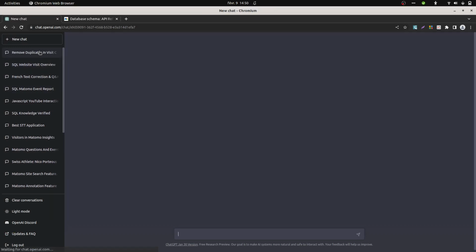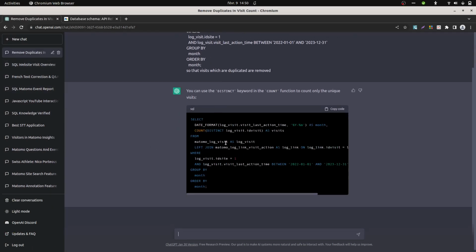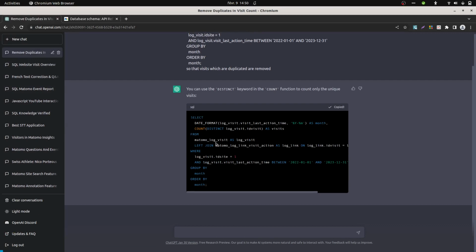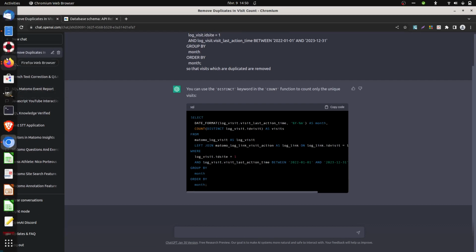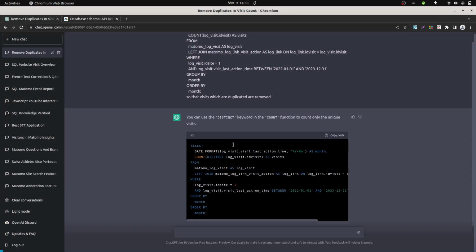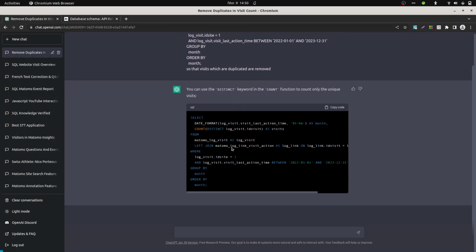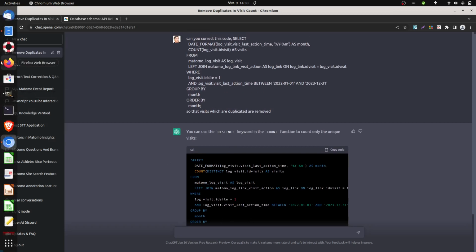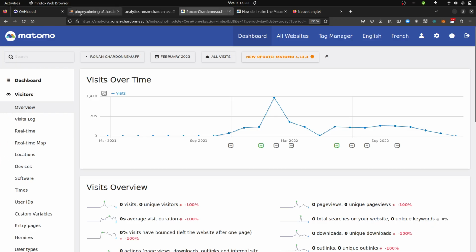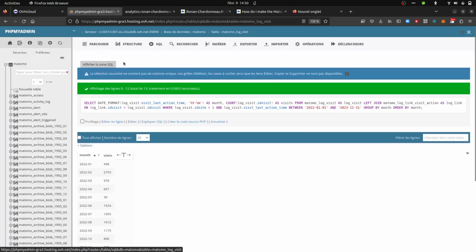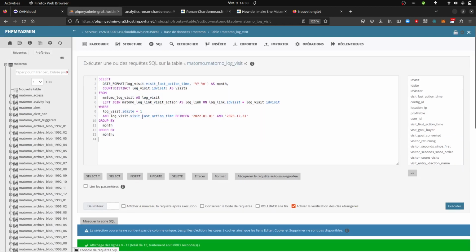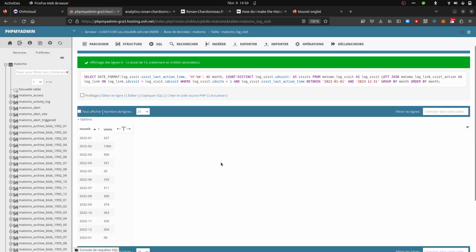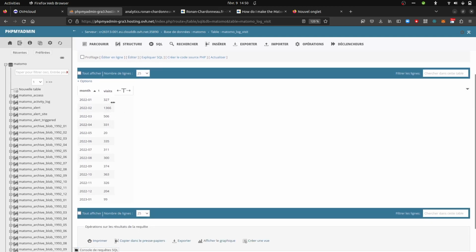This is where I got the brilliant idea to say, hey, can you please remove the duplicates? And this is what it did. So what I asked is: give me from 2022 to 2023 included all the visits from site ID number 1, and please remove the visits which are duplicates. And as a result, if I perform the SQL query and look at the figures now, you see 327